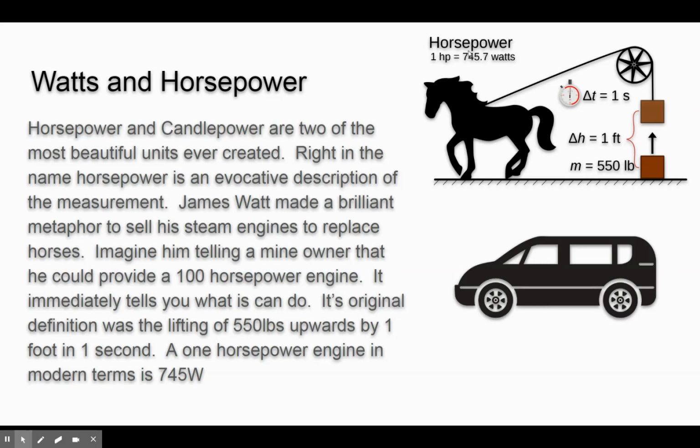Now, what is a horsepower in metric? It turns out to be around 750 watts. So this horse was able to pull 750 joules per second. So if someone says, "What kind of horse do you want?" "Oh, I want one of those 1,000-watt horses." People will be like, "Huh?" But it would be a legitimate unit. Watts and horsepower are the same thing, the same concept, just in different systems of measurement.